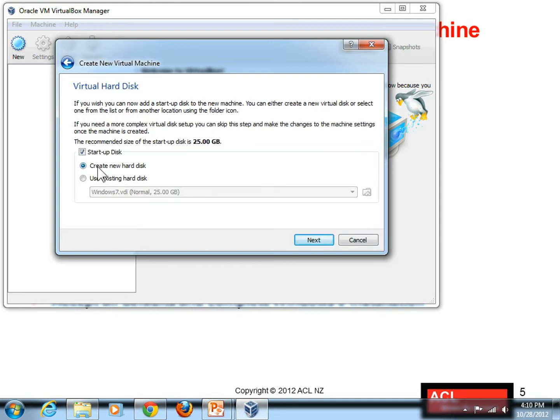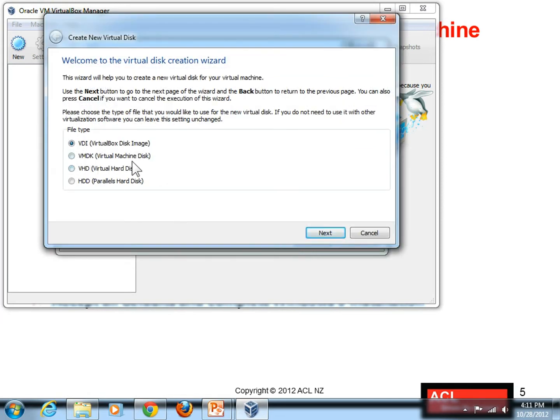And then in my case I want to create a new hard disk. Creating a new hard disk means you already have a desktop which is having a physical hard disk. You're creating a virtual hard disk now. So in the physical hard disk you're creating a virtual hard disk that will store all your installation and all your files related to Windows 8. Okay, so click on this one, the default option, create a new hard disk. Okay, and simply hit on the next button,